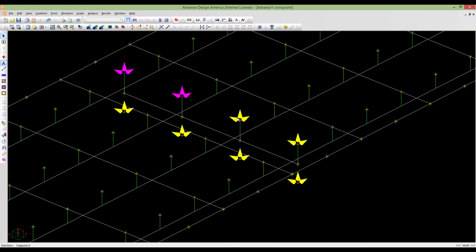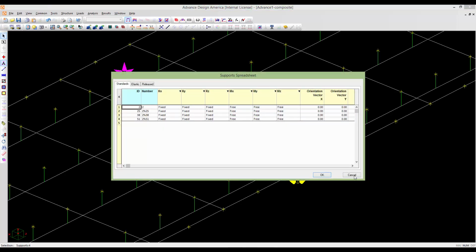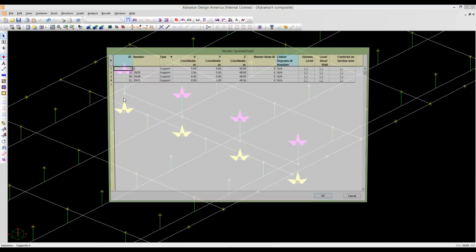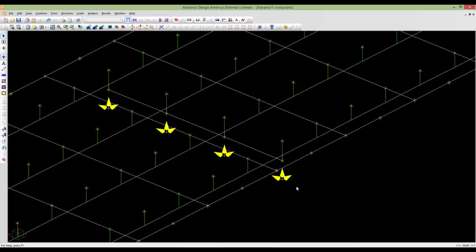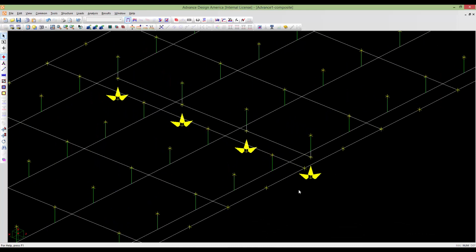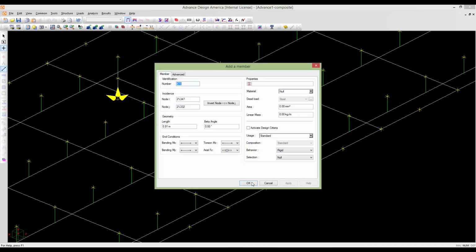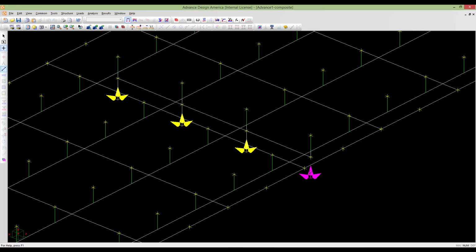And change these nodes to normal ones. Replace normal. And now we can add the rigid members. Okay, for the middle beams. Okay, and finally